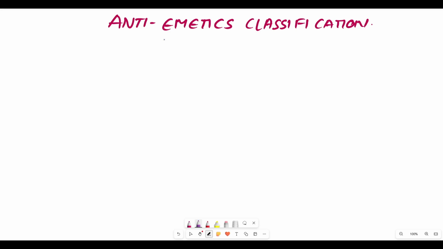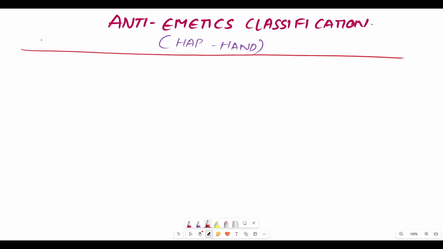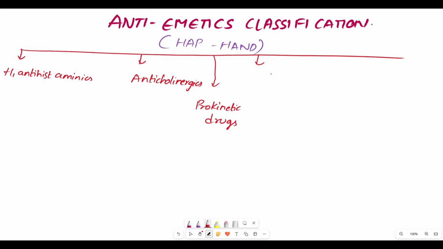So to know the different classes under antiemetics, remember one trick, that is HAP HAND. Where H means it is H1 antihistamines, A means it is anticholinergics, P means it is prokinetic drugs,